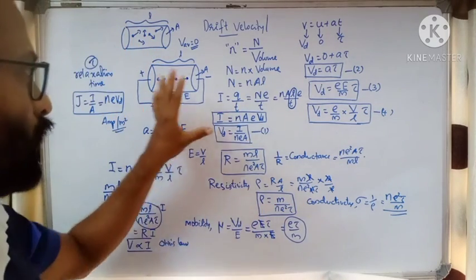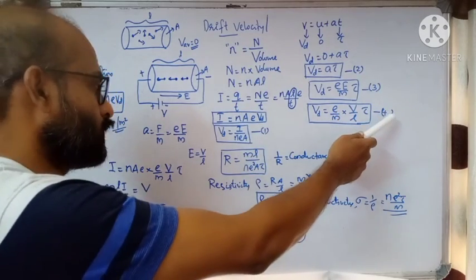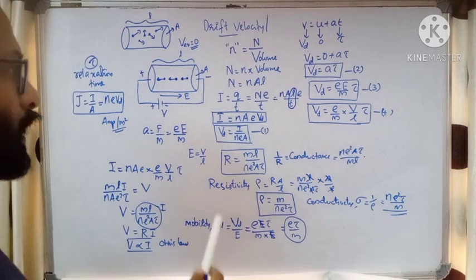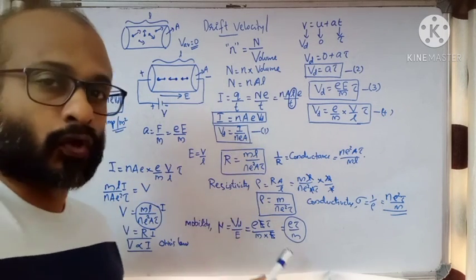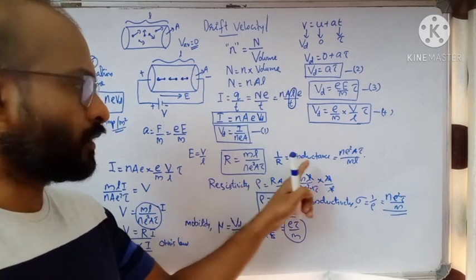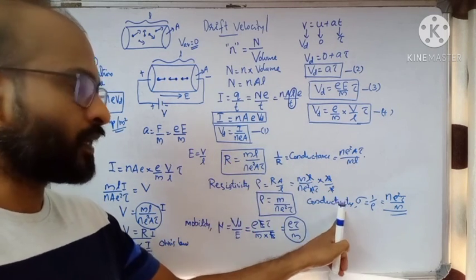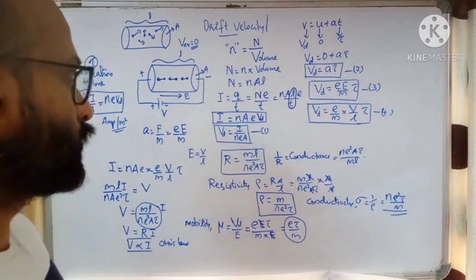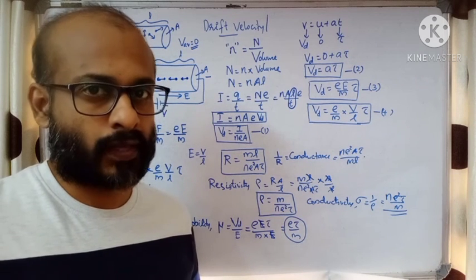So we have got a few derivations related to drift velocity. These are the various expressions for drift velocity, equations 1, 2, 3 and 4. Then based on the concept of drift velocity, we have arrived at Ohm's law, and from that we have got the equations for resistance, its reciprocal conductance, then resistivity, and its reciprocal, conductivity. So we have seen the concept of drift velocity. I hope that you have understood. Okay, thank you.